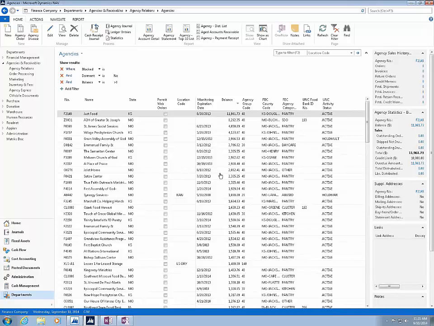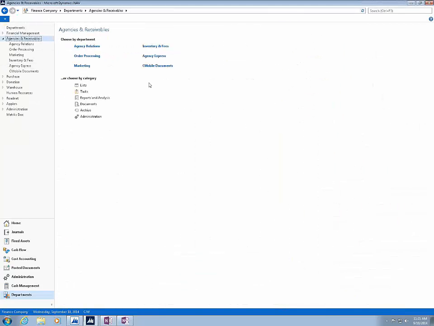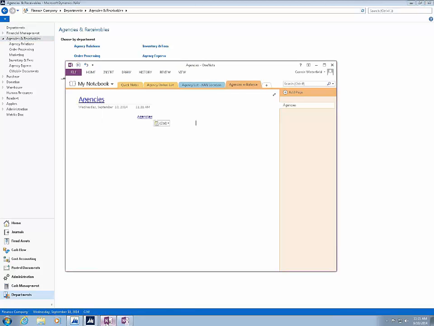Then if the user opens up OneNote, and I think they can also do this in other areas, but I've tested it in OneNote, and we're going to just call this agencies with balance. And I'm going to paste that link in here. Oops, sorry, I was in the wrong spot. So I've pasted the link in here, and let's go ahead and just close that link so that we're not showing that page anymore. And then you can give the person OneNote, and they can click on the link,